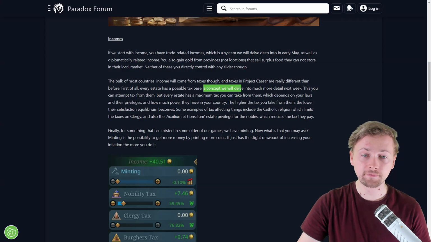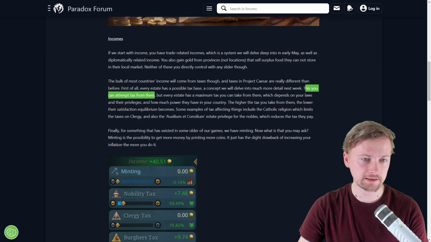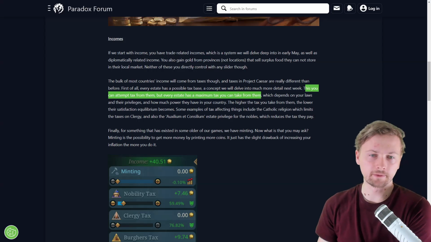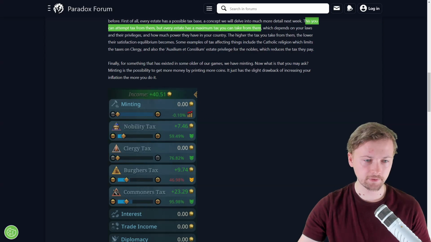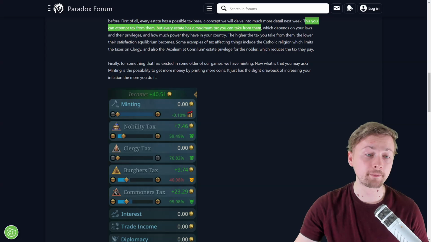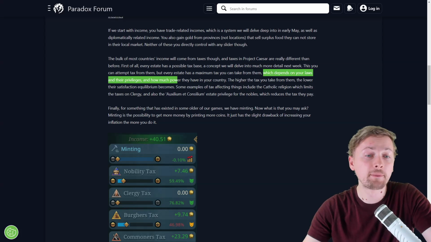But the concept we will delve into much more next week. For now, we know that we can attempt to tax different estates, and every state has a base tax, the minimum that we will always get from them, but they also have a maximum tax that we can get with a slider. So you see that, for example, the slider for burghers is on this level, and this little shade here is telling us what the max tax is that we can get, same for the commoners. But yeah, the max tax will depend on our laws and privileges, as well as how much power they have